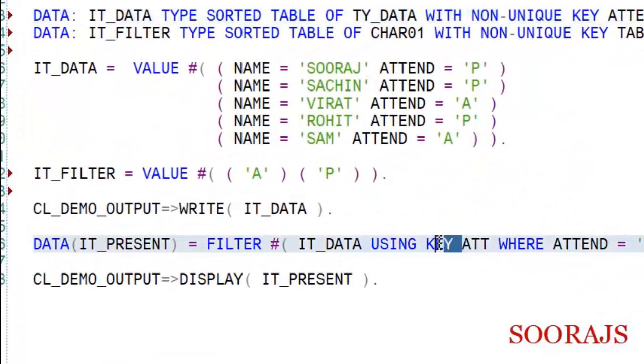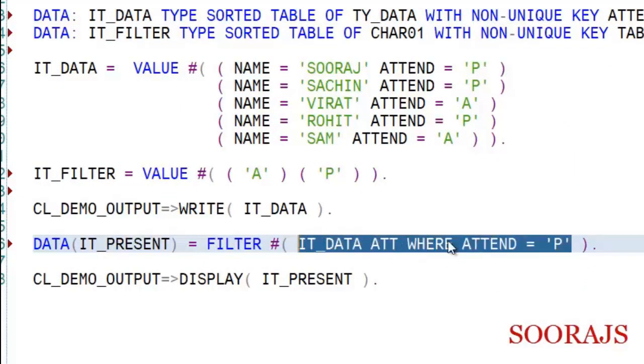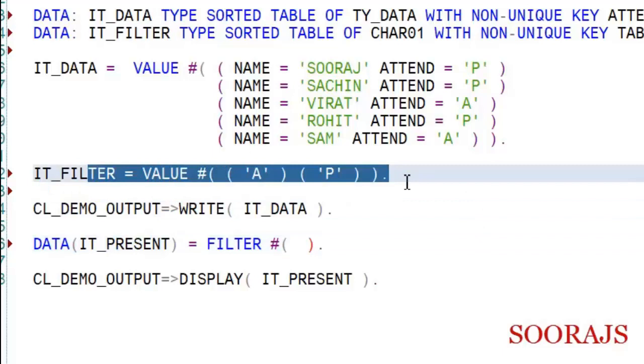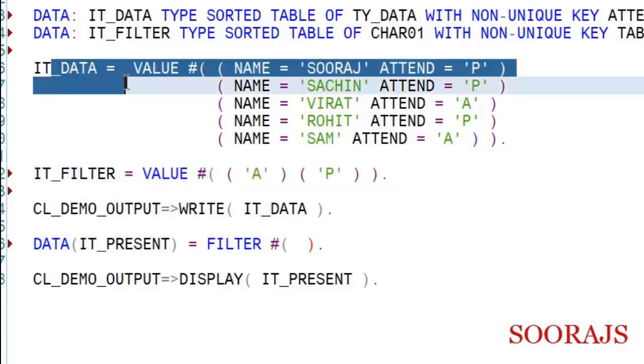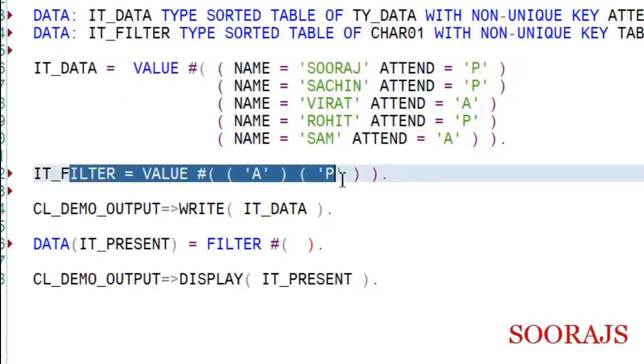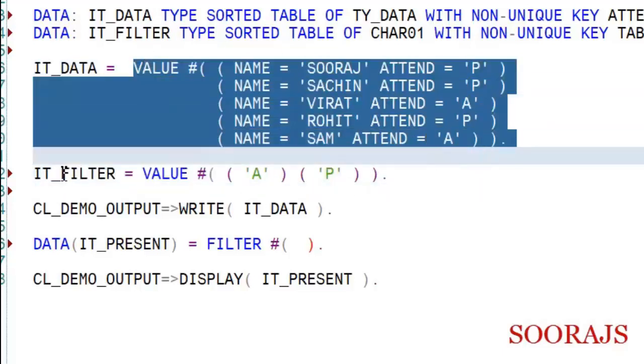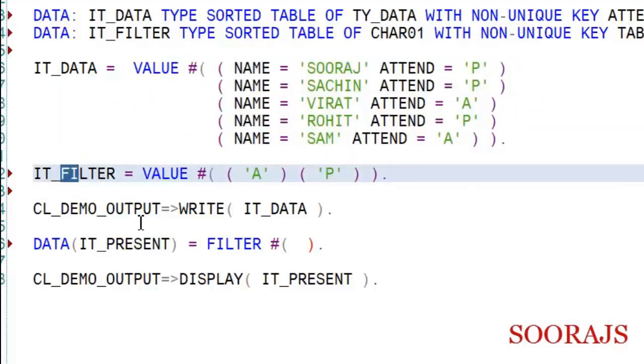I'll remove this using key here, and then I'll change the syntax completely, because I'm using a filter table, and I want to filter out values from IT_DATA when IT_FILTER has A and P. So basically all these values should come in and I'll be filtering out entries into a new table.